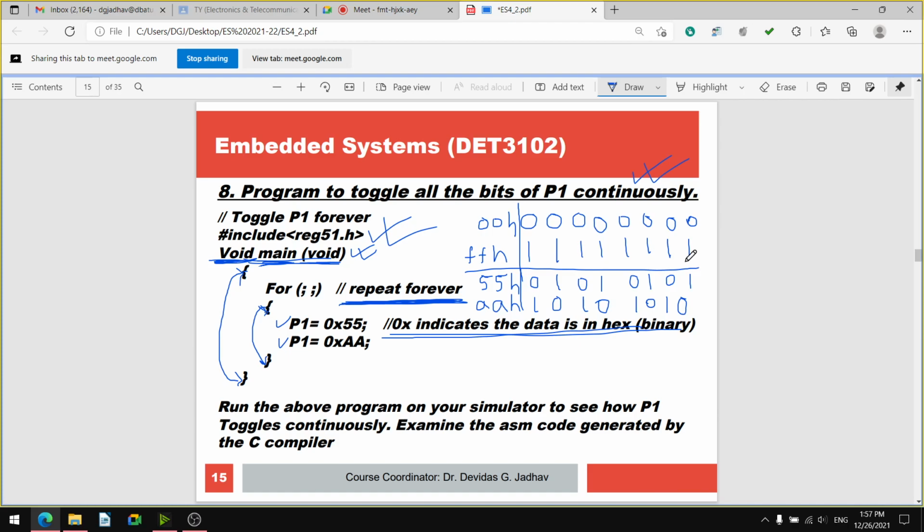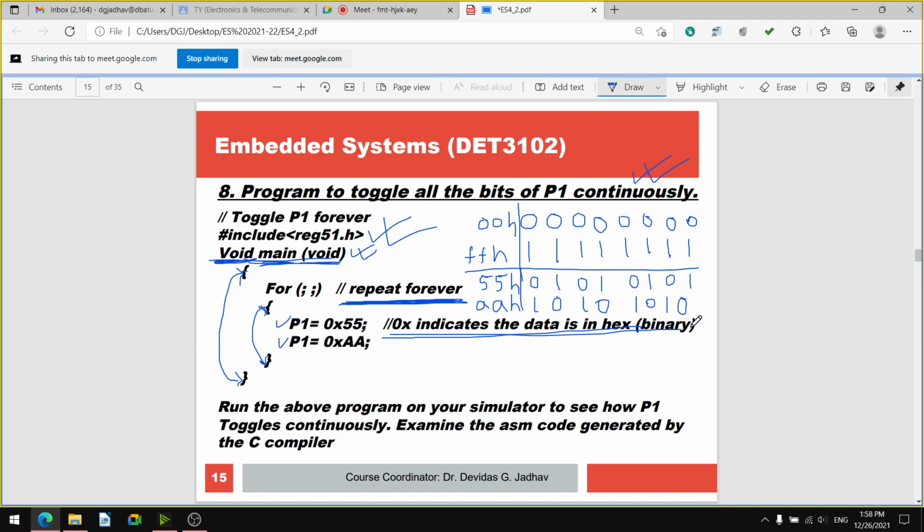There is 55 and AA. That is also a complementary combination. What is there in 55? 55H is 0 1 0 1 0 1 0 1. What is there in AA? 1 0 1 0 1 0 1 0.